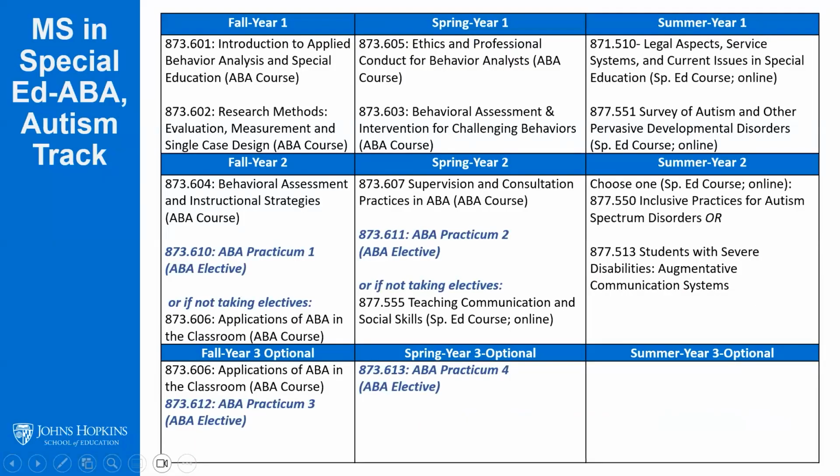Okay, so the next 2 slides are our course sequence. You can see this first sequence is what the master's in special ed with an emphasis in ABA would look like. What I've provided here for you is our fully online autism program, which comes under our special ed program. So this would be those additional courses in special education. You can see the program can be completed in 2 years, with that optional 3rd year to add in those